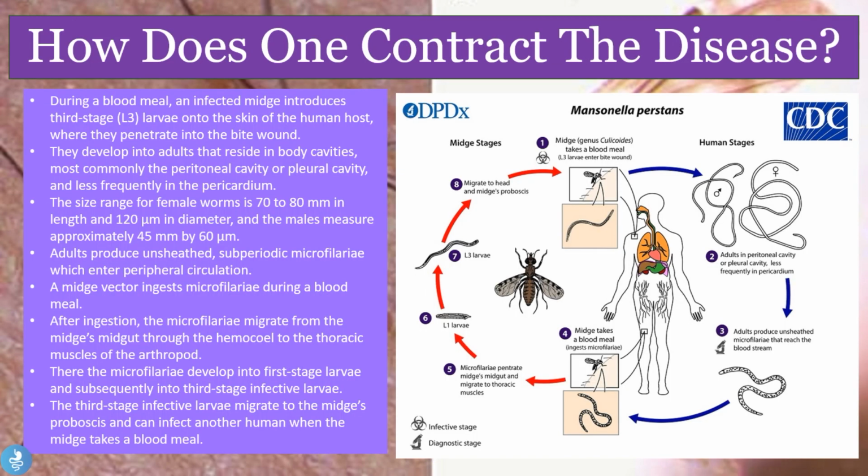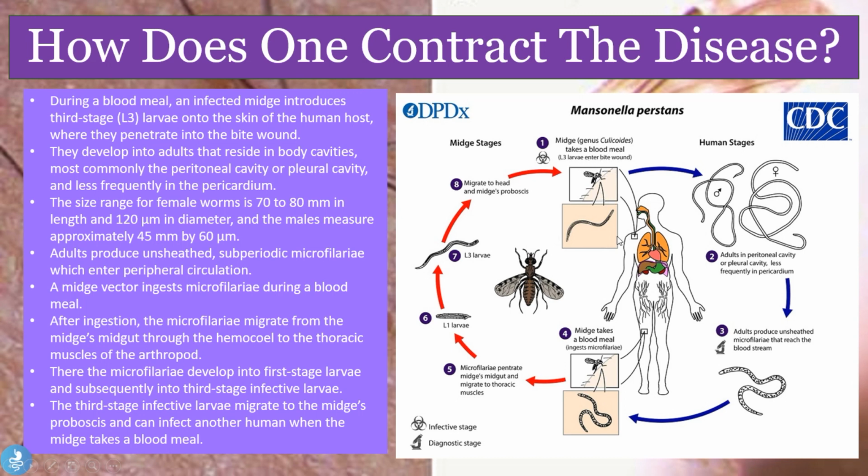So as we mentioned in the slide before, the infection is brought to humans by these blood-sucking flies or midges, which are found in the various swampy areas in these countries. So we'll start at number 1, where it says during a blood meal, an infected midge introduces third stage larvae into the skin of the human host, where they penetrate into the bite wound. So we have this midge which takes a blood meal from the human and thereby deposits these L3 larvae into